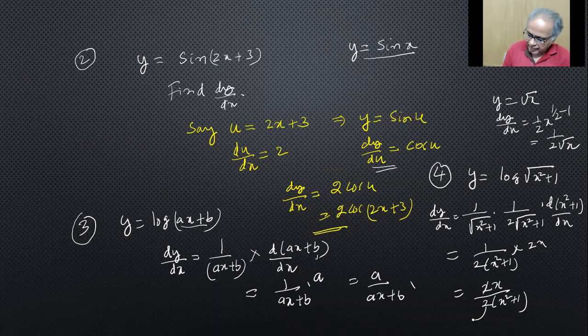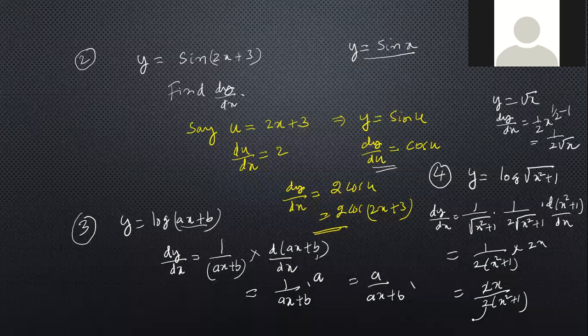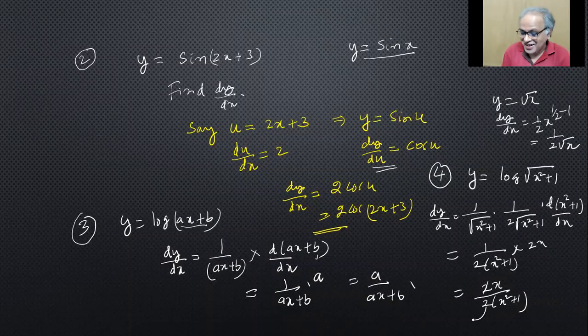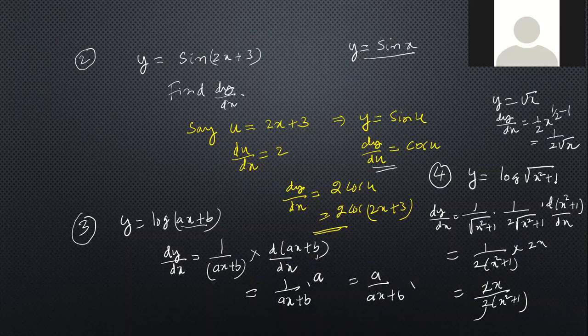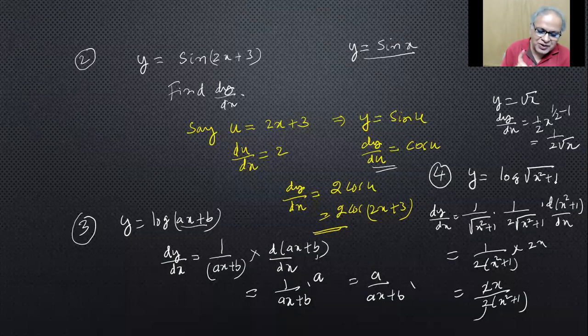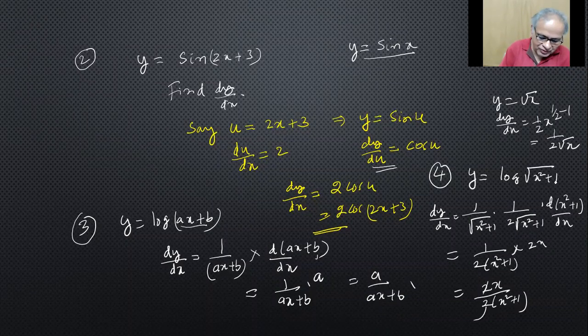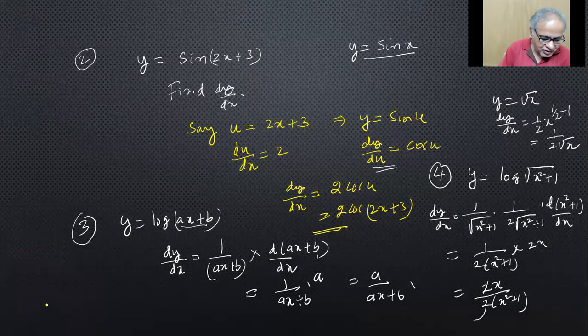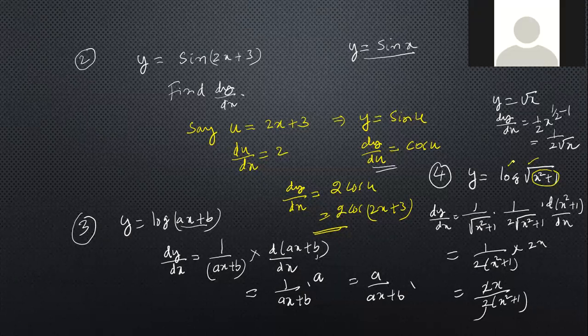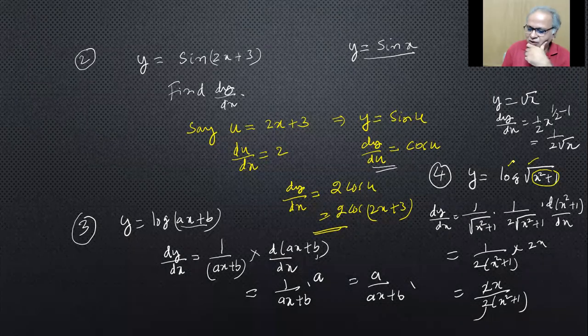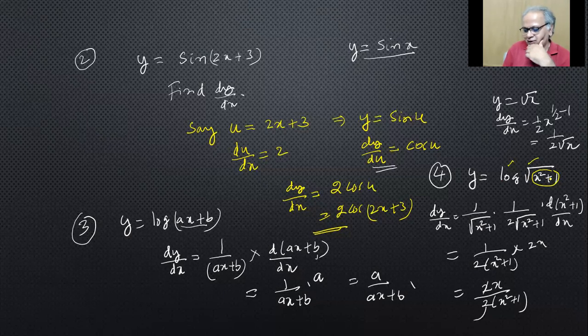Tell me, Sam, I didn't quite understand how we got 2x square plus 1. X square derivative is 2x, right? And the derivative of 1 is 0. The whole trick is to recognize the number of functions there out of the 10 functions we mentioned. Look, this is one function, this root is another function, log is another function. Which order you write this in is unimportant. You can write the derivative of this function first, then this and this, or you can go from log to root to x square plus 1. All into, that's all.